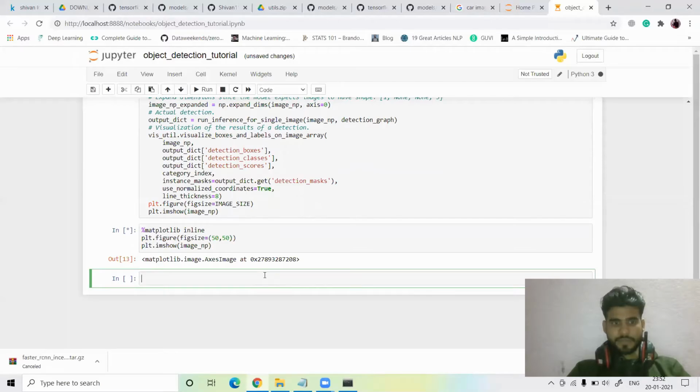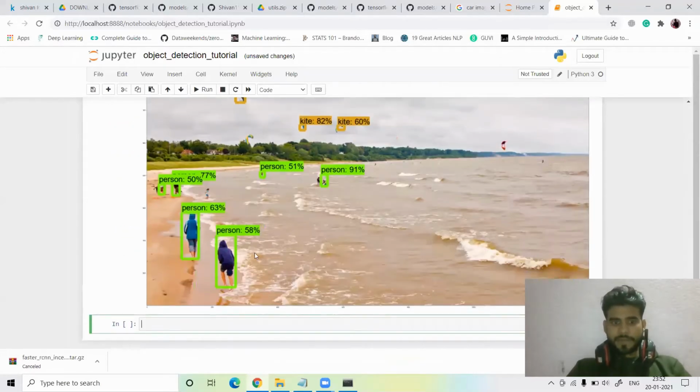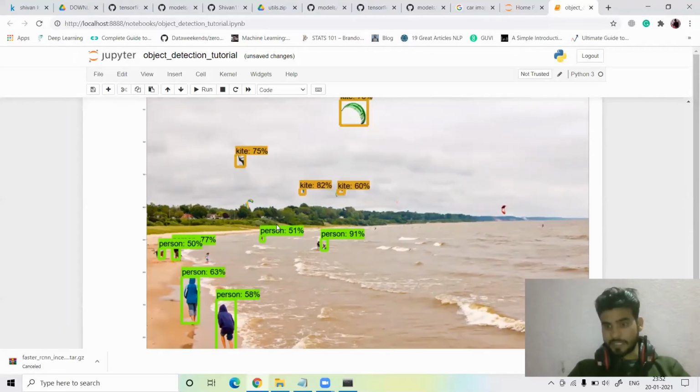Today my internet connectivity is too slow, guys, so just a few seconds. Yeah, see, now it's working. See, it detects person at 58%, person at 68%, person, kite. Okay, so it detects all the images, guys.